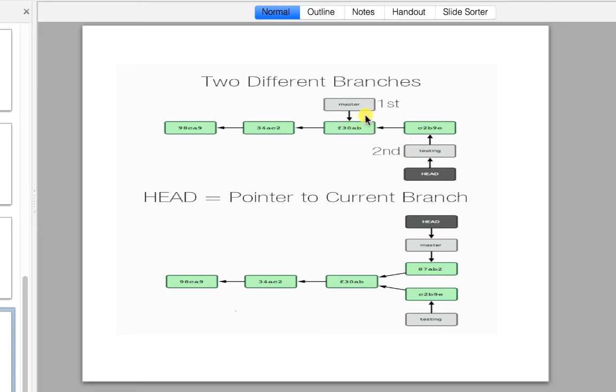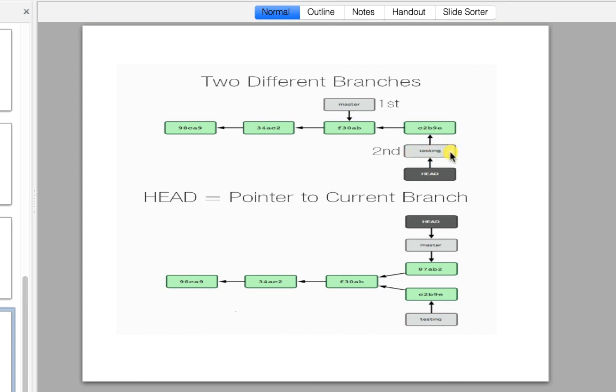For the example here, the master pointer is pointing to this particular commit, then there was further work and C2B9E another commit was created, and a pointer, testing, is pointing to this particular snapshot version of the repository. Okay, so we will be calling it the testing branch.